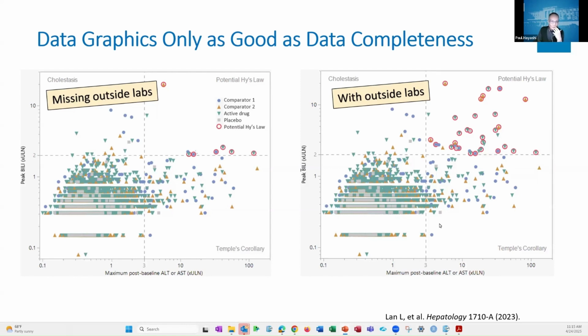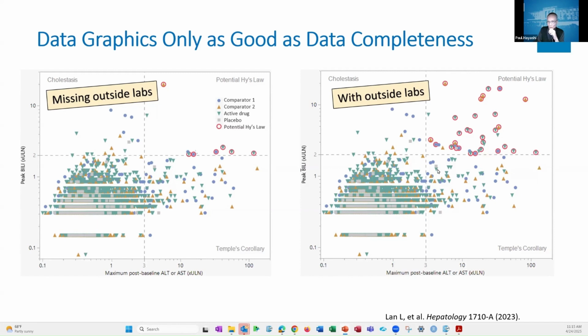So, I guess if there's a couple slides you want to remember, this would be one. When you're building your outputs, we want those outside labs. You want them in there too. And ironically, that's exactly the labs you want, because the worse the injury is, the more likely the patient or subject's going to end up in the local emergency room and even get admitted there and cared for there through the drug injury. And if you don't get those outside labs, none of it will show up on the plot.